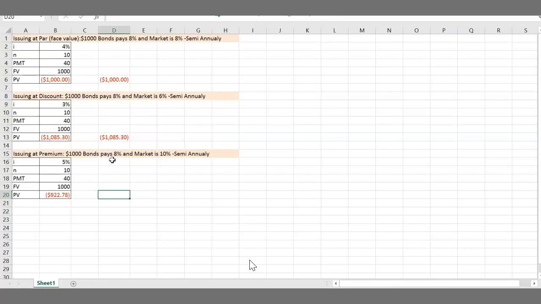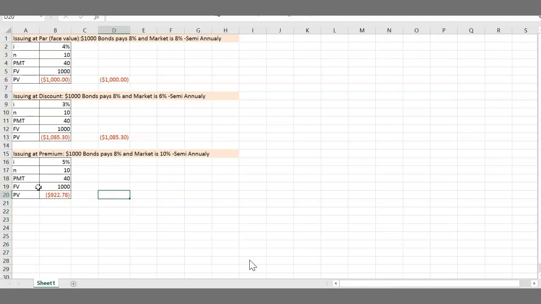My bond is not paying enough interest. So at that point, I will tell investors, don't worry, just give me $922. That's all you need to give me today. Give me $922 and invest in my $1,000 bond. Okay, so at this moment, I gave them about a $78 discount, right? Almost. So that $78 discount,